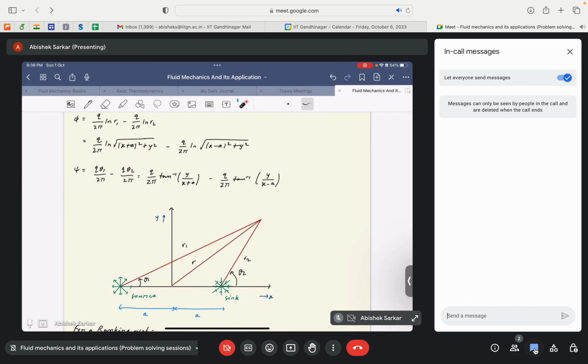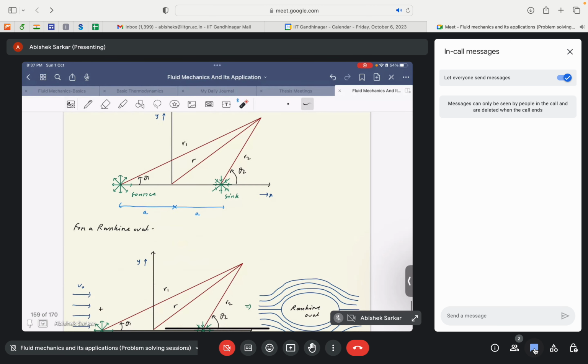Similarly, we can find for the second one. We calculate r2. This is r2 from the sink. Then it will be given by q by 2 pi ln square root of x minus a whole square plus y square. Okay. So now